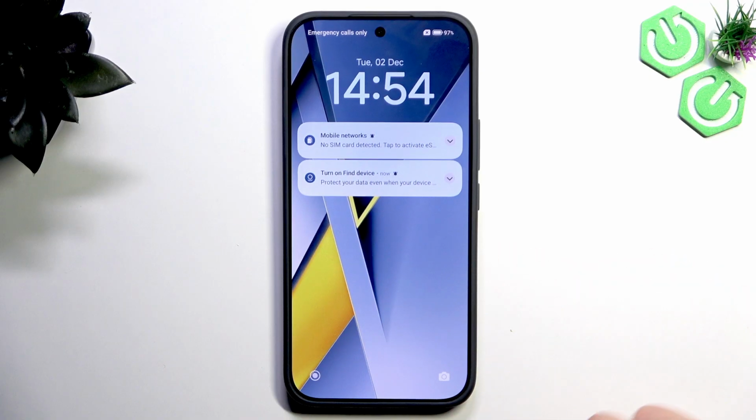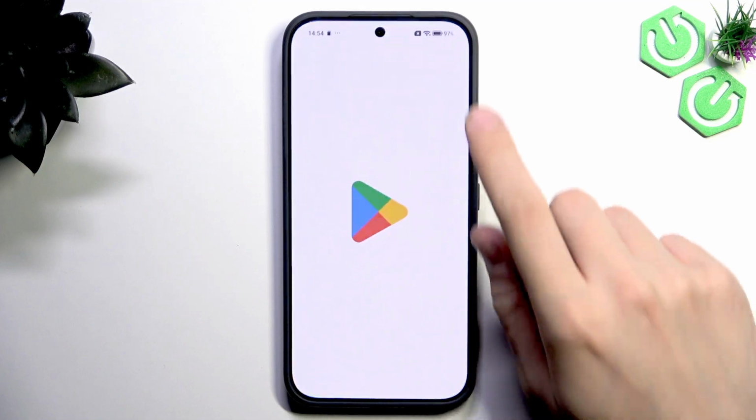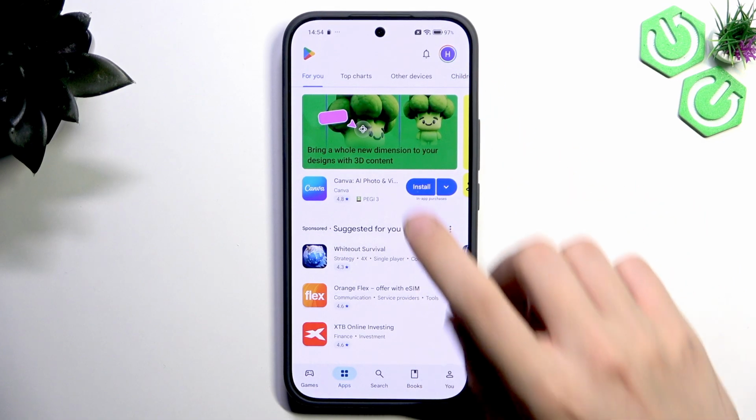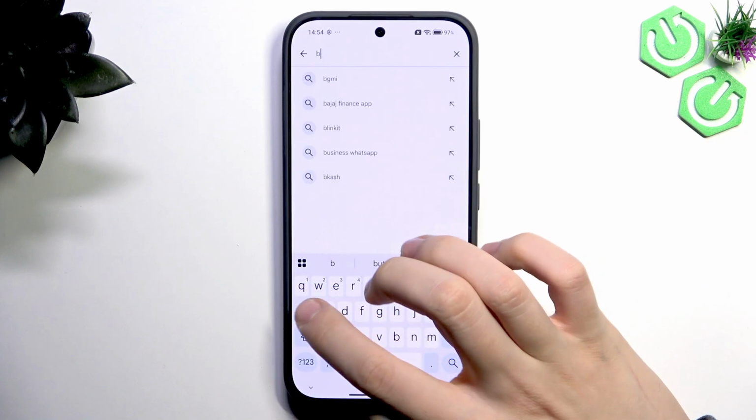As you can see, now it's unlocked. And now when it's unlocked, we can go straight to the Play Store if you still don't see your battery. Tap here, tap the search bar, and just type battery